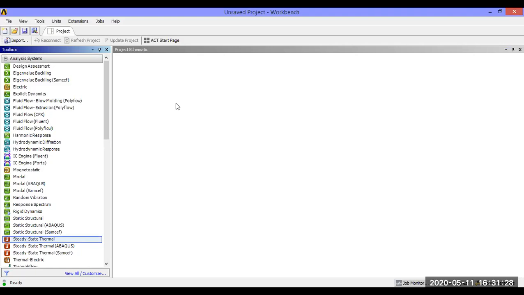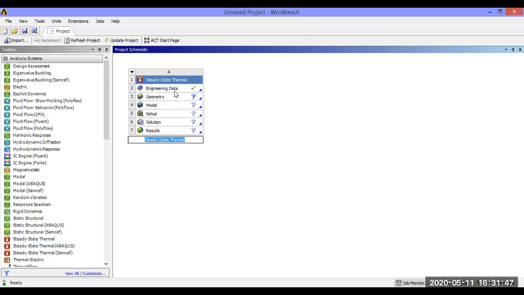It will take half a minute. Now, here we are going to create a material, first step.